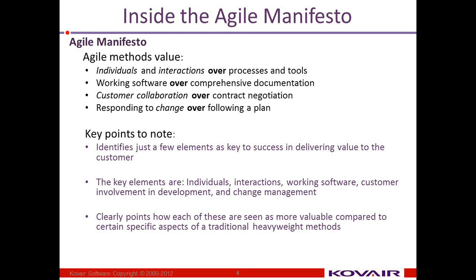The Agile Manifesto has 4 main items in it. You are all familiar with the manifesto, so the key point to note is that it identifies just a few elements as key to success in delivering value to the customer. These key elements are individuals and interactions, working software, customer involvement in development, and change management. The manifesto also clearly points out how each of these is seen as more valuable compared to certain specific aspects